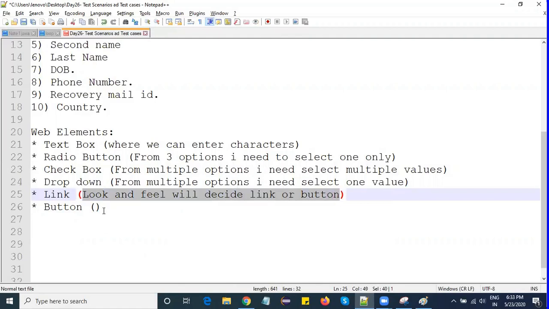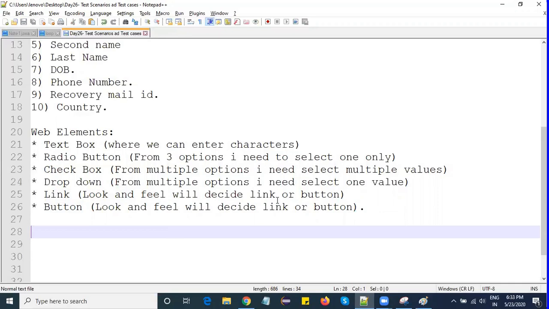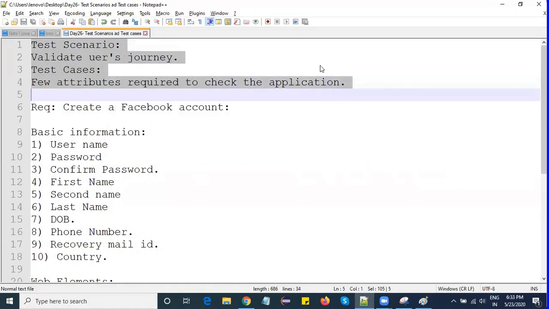So these are web elements we generally come across when we're dealing with real-time applications. Now I need to apply these web elements whenever I write test cases or test scenarios. Again, I'm repeating, we know what is a test scenario and what are test cases, right?